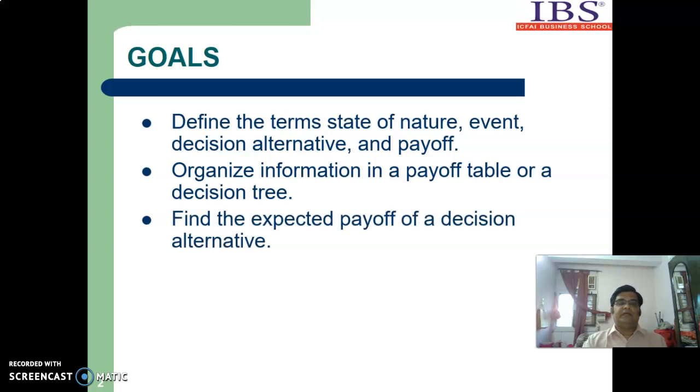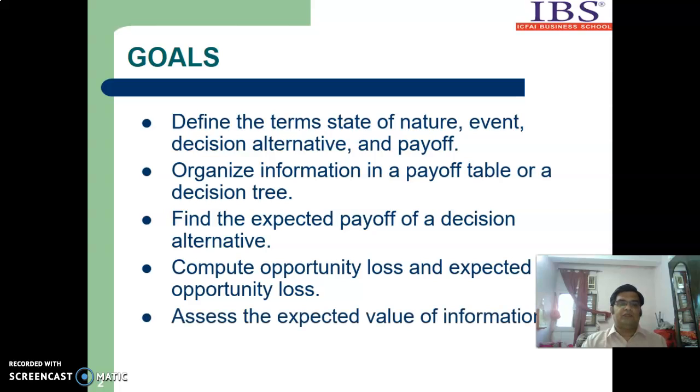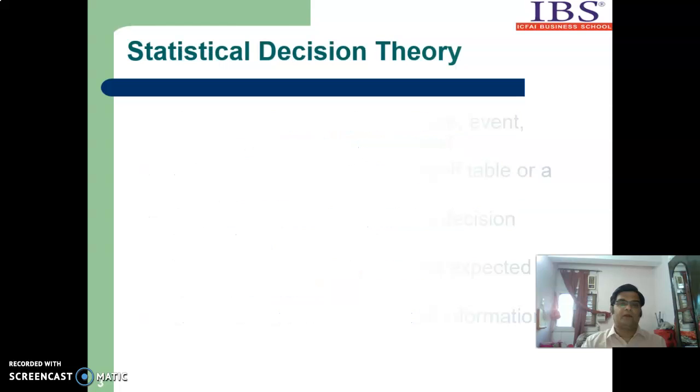Next, we will find the expected payoff of a decision alternative, and then we'll go for opportunity loss table. We'll construct an opportunity loss table. After that, we'll come to the EVPI, the calculation of EVPI and the explanation of EVPI. EVPI is expected value of perfect information. Now, to start with decision theory,